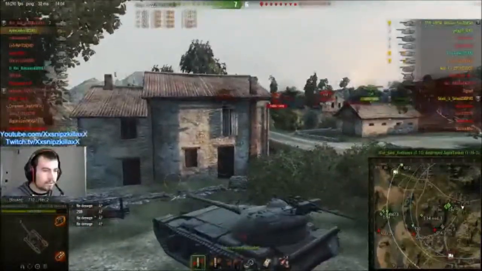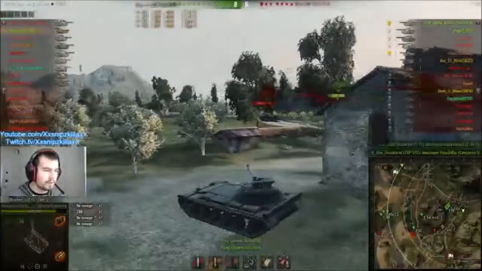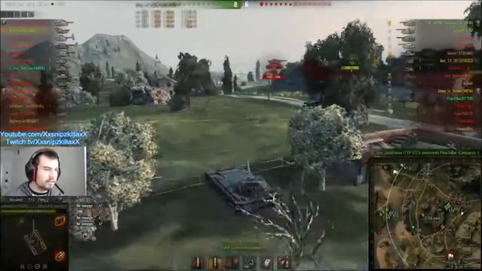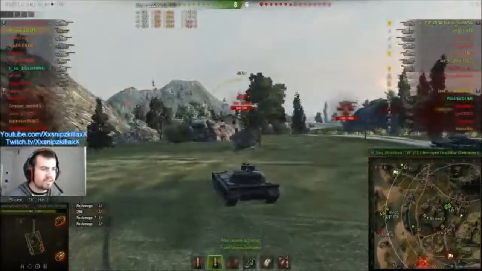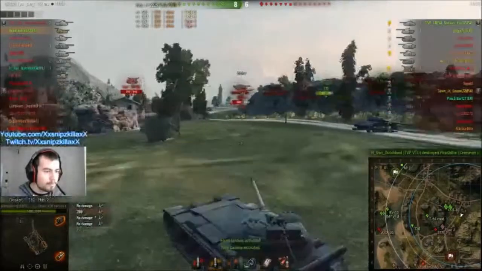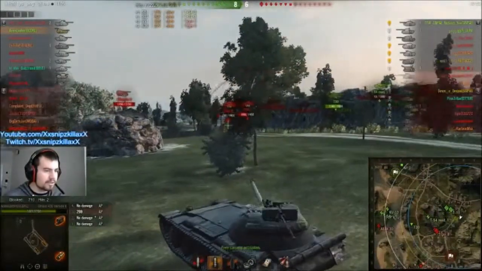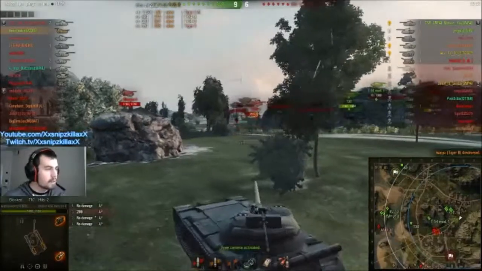And Ando is just showing us the amazing capabilities of the Object 430 version 2. It's a very mobile tank, very low sleek profile, which means it's going to have a pretty decent camo rating when it comes to sneaking around ridge lines. Unfortunately, the major common occurrence with Russian tanks is that they have no gun depression,